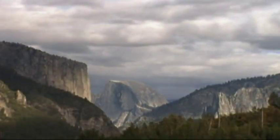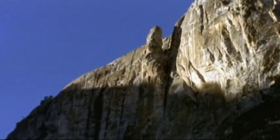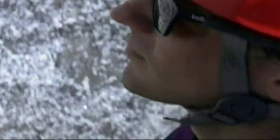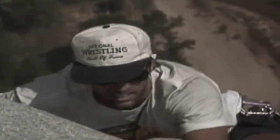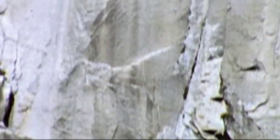Situated in the Sierra Nevada mountain range in central California are the largest walls of granite in the world. Yosemite Valley has become a favorite playground for rock climbers. One of the most impressive walls they try to scale is the 3,600-foot El Capitan. It's a testament to the powerful force